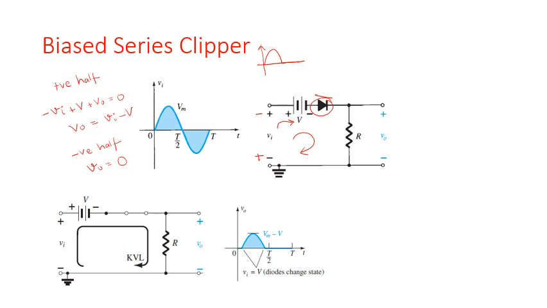This Vm is the instantaneous maximum value that you have over here. Now I am drawing this line. What is this line that I have drawn? This is voltage V. So when I have to draw the output, what I'm going to do is get this part down over here, get this part down over here, and draw the output from this point. So if this is my line for drawing the output, your output is going to be over here. And this value that you are getting over here is going to be Vi minus V at every point.